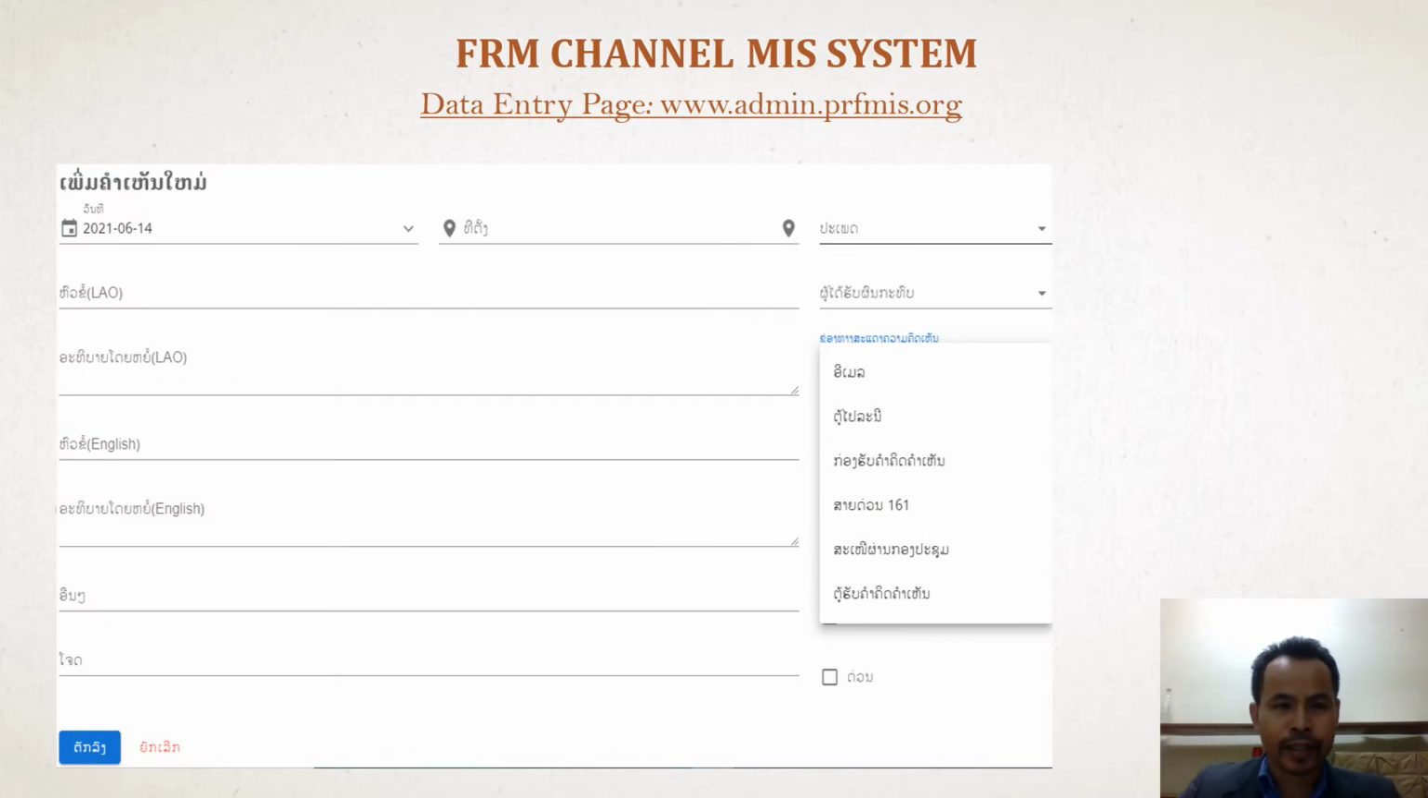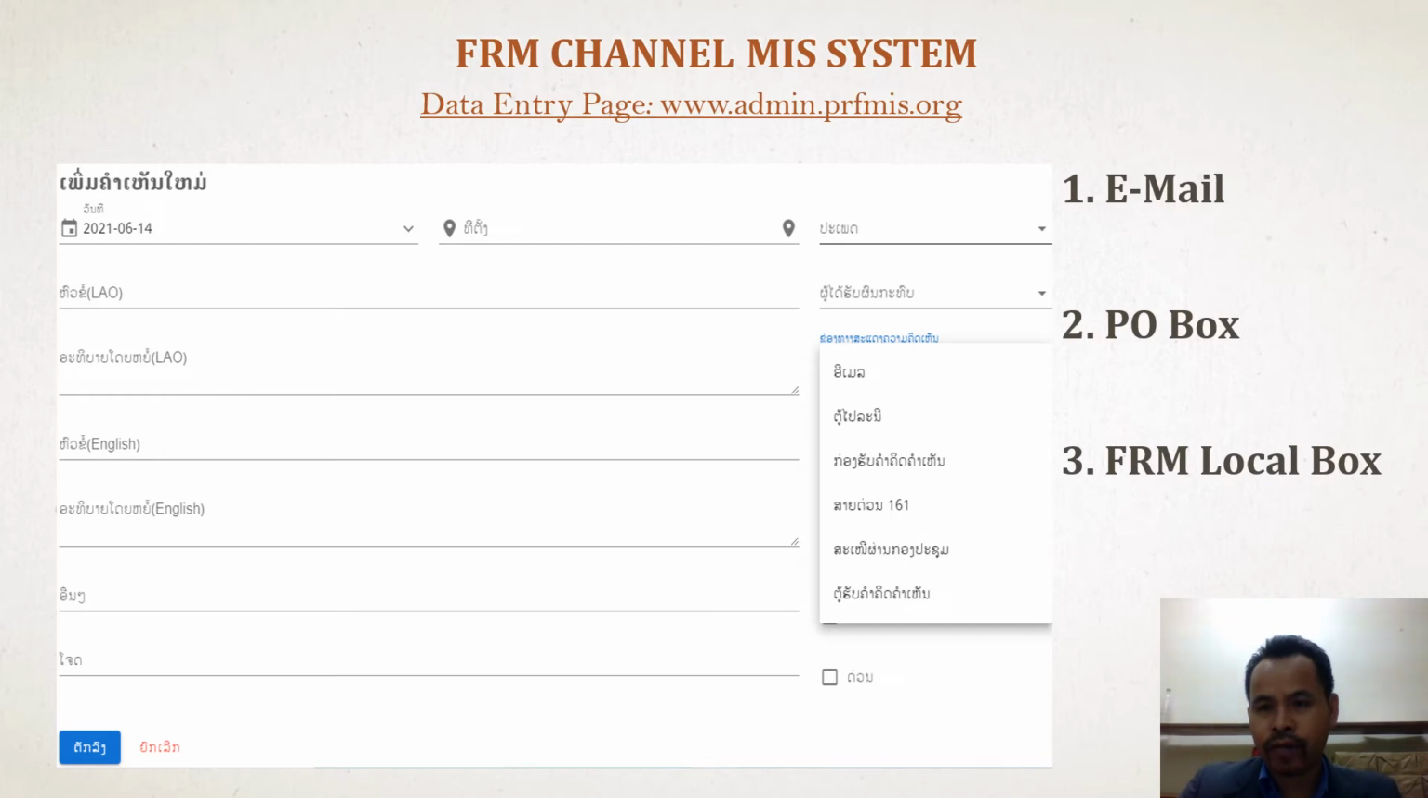We will see this information: on which day, where, what the complaint is, and what report they made. And you have to describe everything, mostly in Lao language because the local people don't use English. This is important. And when you enter the system, you see here the channel: email, PF box, or FIM local box,